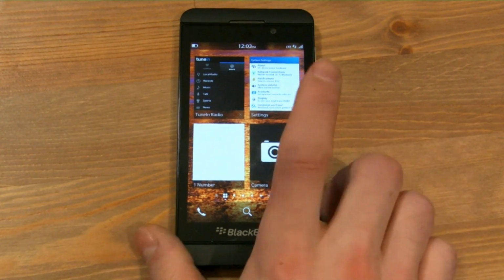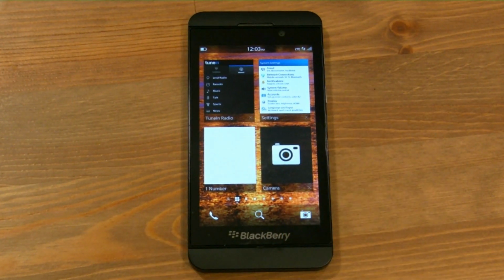So that's been a quick look at the BlackBerry 10 OS. We'll come back in a few days with some more content for you, but hope you like this,